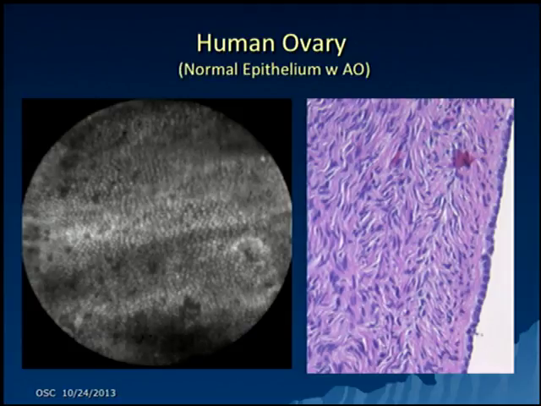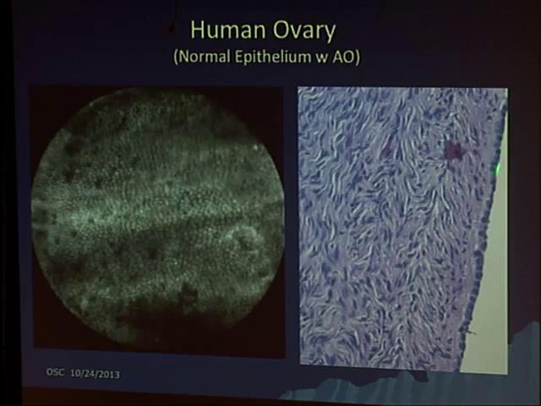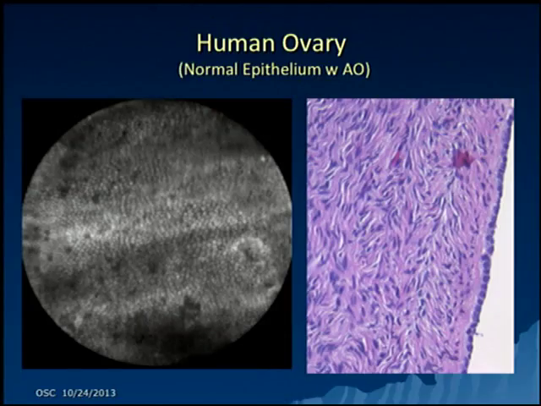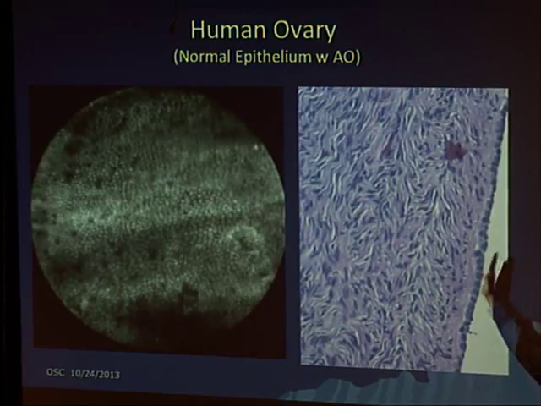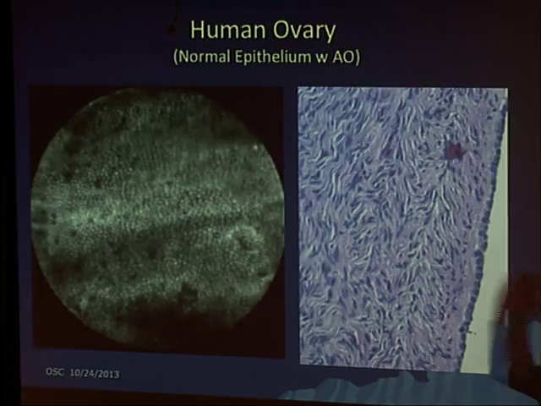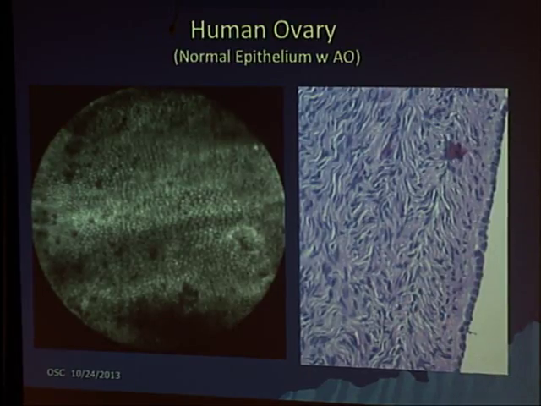What are we looking at? Well, the normal ovary has this epithelial layer of cells on the surface. So the nuclei are packed very close together, single layer thick, and that's what you're visualizing here. This is what's called an en-face view. The probe goes up in contact with the surface, so we're imaging this plane of the tissue, not the cross-sectional view that's being shown in the histology.